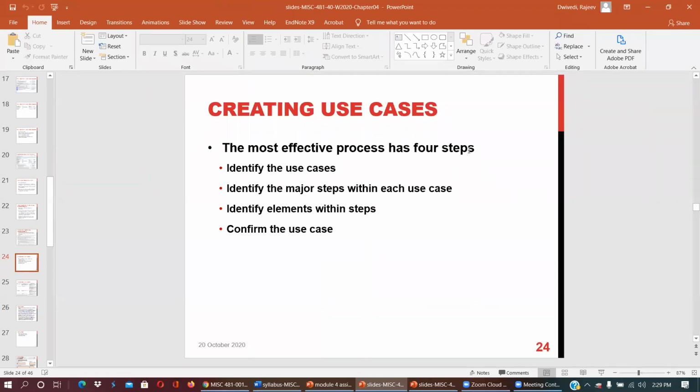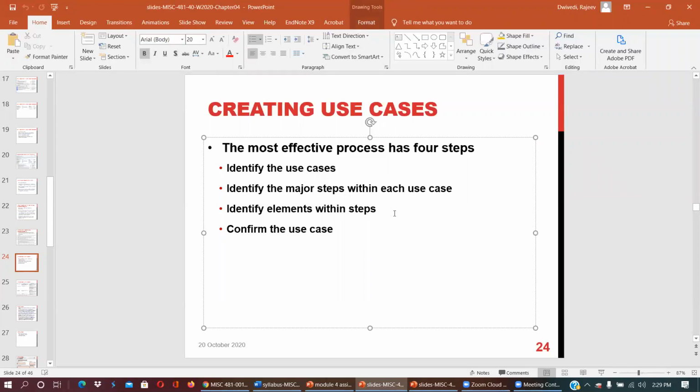So basically, the most effective process has 4 steps. Identify use cases, identify major steps with each use case, identify elements within steps, and confirm the use cases. So this is a very simple 4 steps process in order to do the use cases.